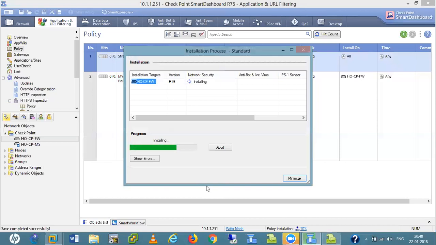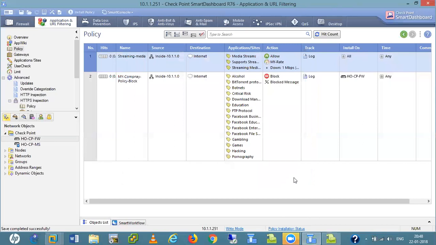Palo Alto has a different architecture. That is the main point of Palo Alto, because the processing is very fast, and it also has dedicated hardware for every process. It also separates the management and control plane, so if there is an attack on the data plane, then the management plane is secure. So we can do anything in the management plane. So I write that policy now.